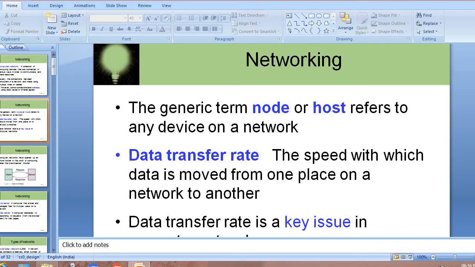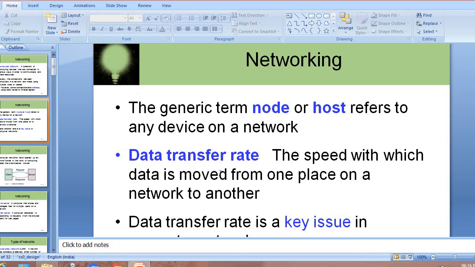Then the next thing is the data transfer rate. It means the speed with which data is moved from one place on a network to another. Whenever data is moved from one network to another network or within a network, it is transferred with respect to a particular speed or rate.